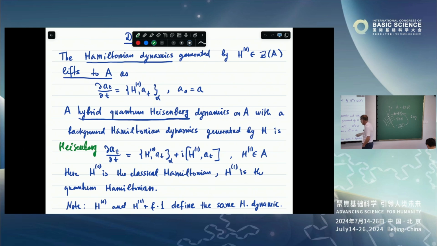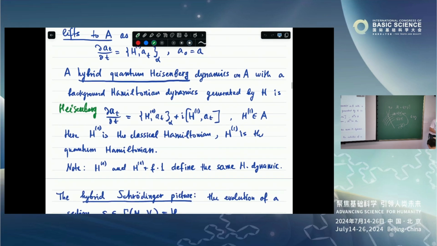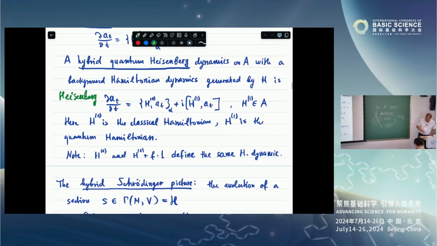The dynamics is given by this Heisenberg equation, which is a mixture of the Heisenberg equation and the Liouville equation for the propagation of observables. So this is the definition. And as usual, there is an ambiguity: if you change the Hamiltonian by some function times the identity,